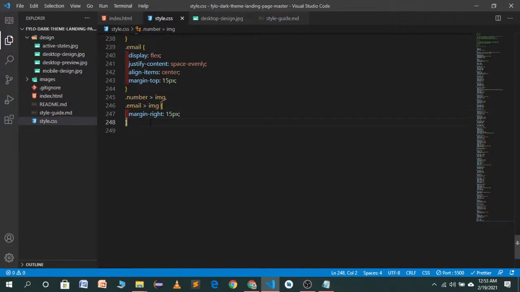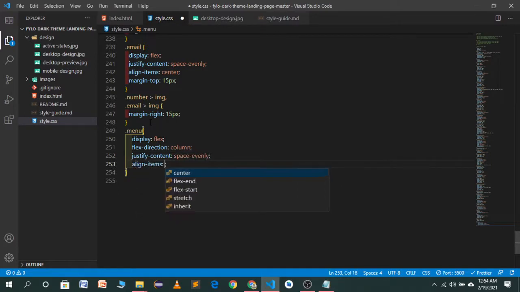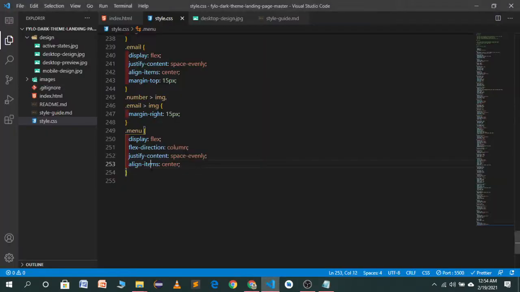So for menu I will use display flex, flex direction will be column, justify content space evenly, align items center. So let's see how it looks. Now you will see it's looking great, but we want to change the design because we don't want this default link color. So in the menu